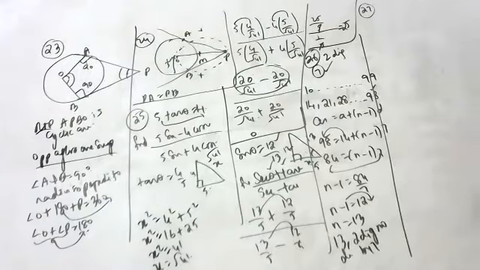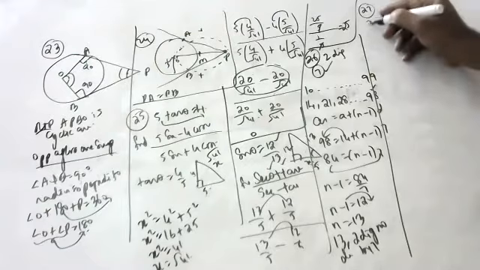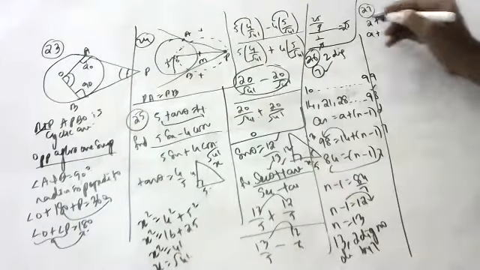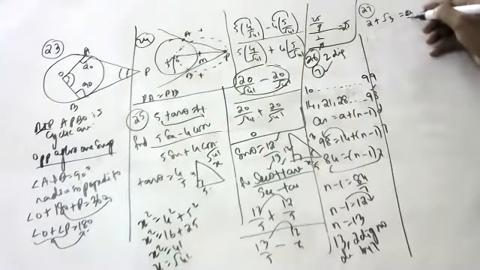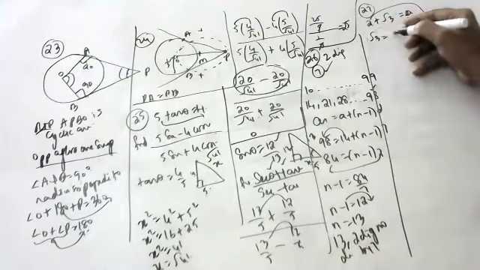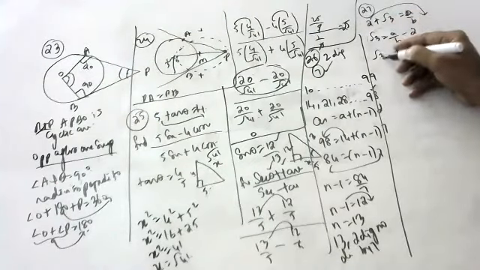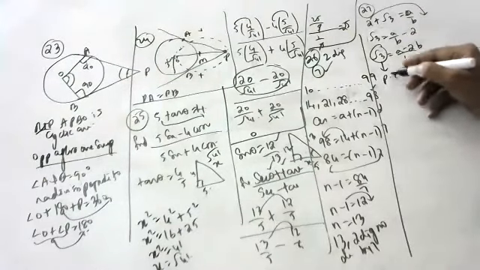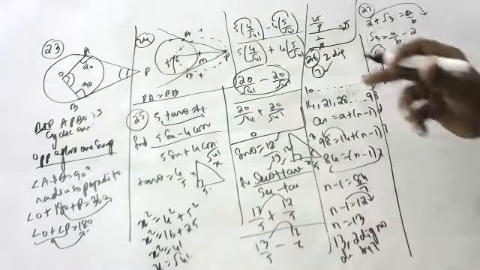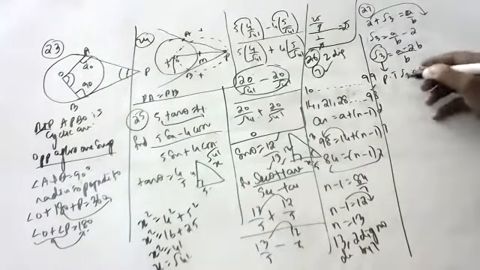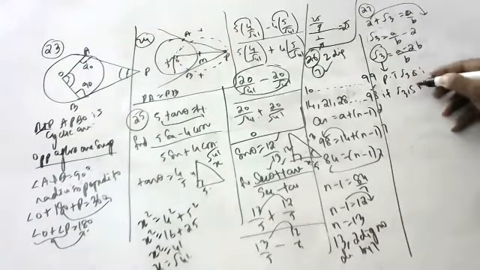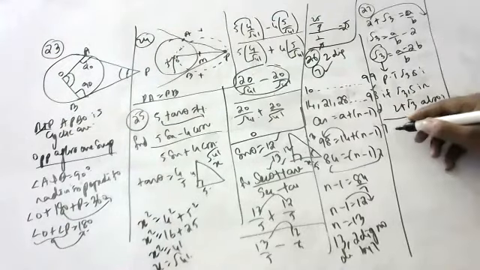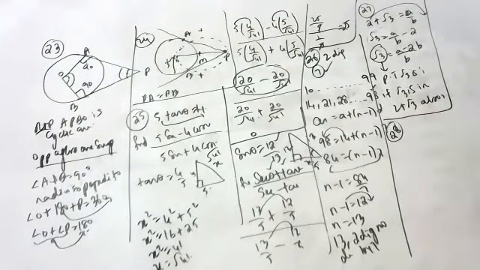Okay. So children, given that root 3 is irrational, prove that 2 plus root 3 is irrational. Children, we write 2 plus root 3 is equal to a by b. Bring this here: a by b minus 2, root 3 is equal to (a minus 2b) by b. Now we have to prove that root 3 is rational. Do the full procedure, children. After doing the full procedure, if root 3 is rational, then 2 plus root 3 also is rational, because irrational plus rational is irrational.